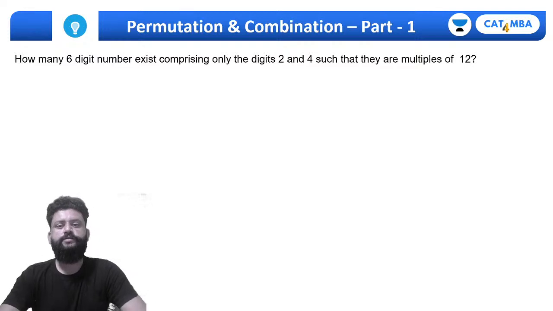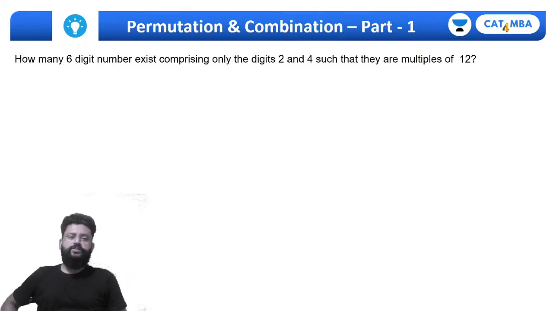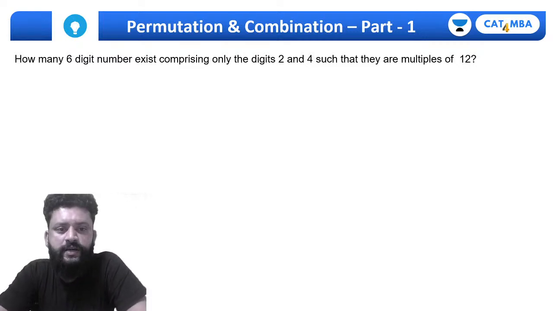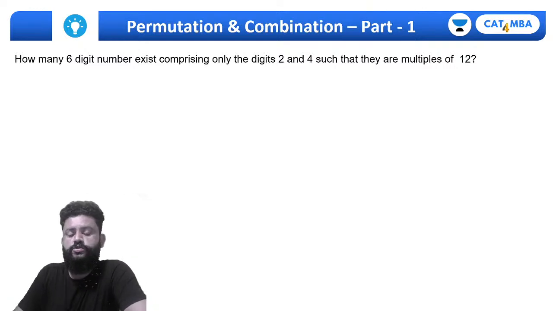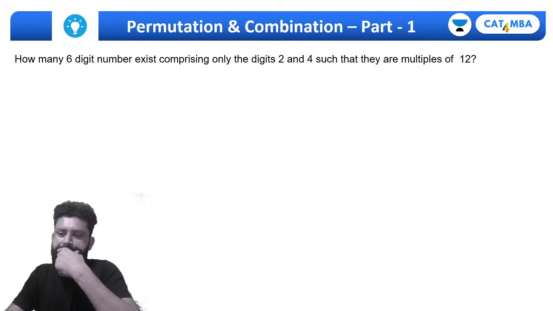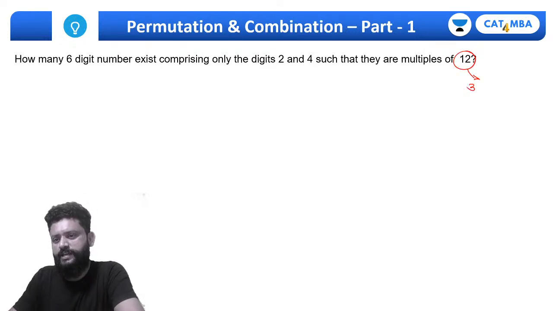Let's move to the next question and the important one. Last question for the day guys, let's quickly do it. How many 6-digit numbers exist comprising only the digits 2 and 4, such that they are multiples of 12? So multiple of 12, first thing, it should be a multiple of 3 and 4,